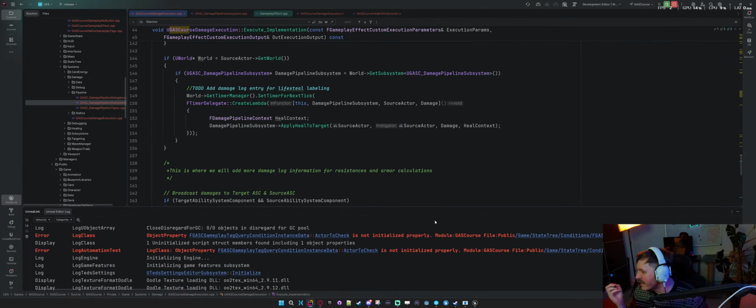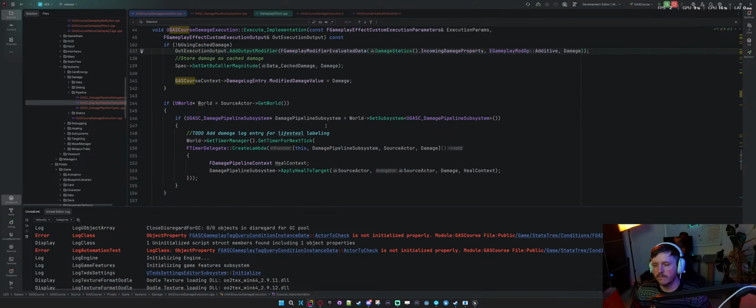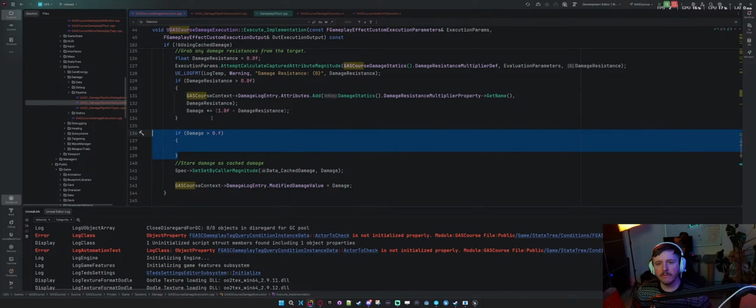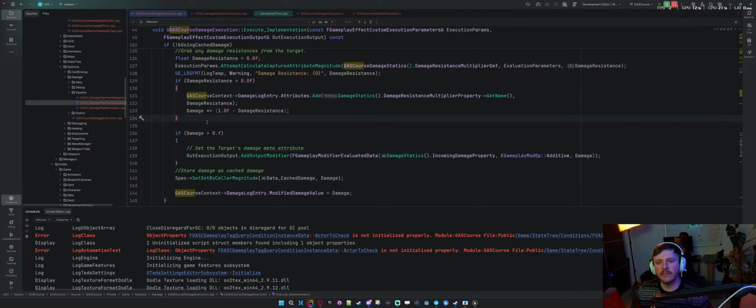We would still see the damage number though. And maybe that's also part of the problem. Maybe I would say, so if damage resistance is greater than 0,